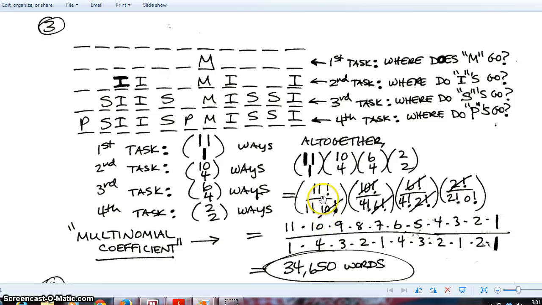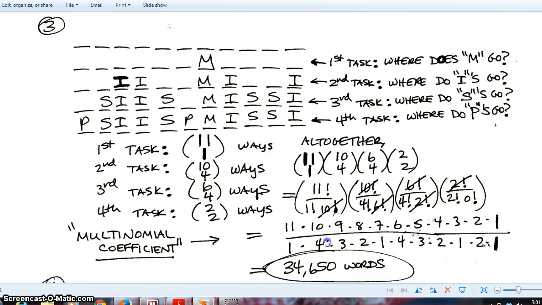And so what you're left with on top is 11 factorial, and then you have 1 factorial, 4 factorial, 4 factorial, 2 factorial. And I'll leave it to you to think about, what kind of pattern do you think is showing up here in general? Could you generalize this to a more general kind of problem? What would be the pattern that you'd start to see? In this case, if you multiply all the numbers out, you get